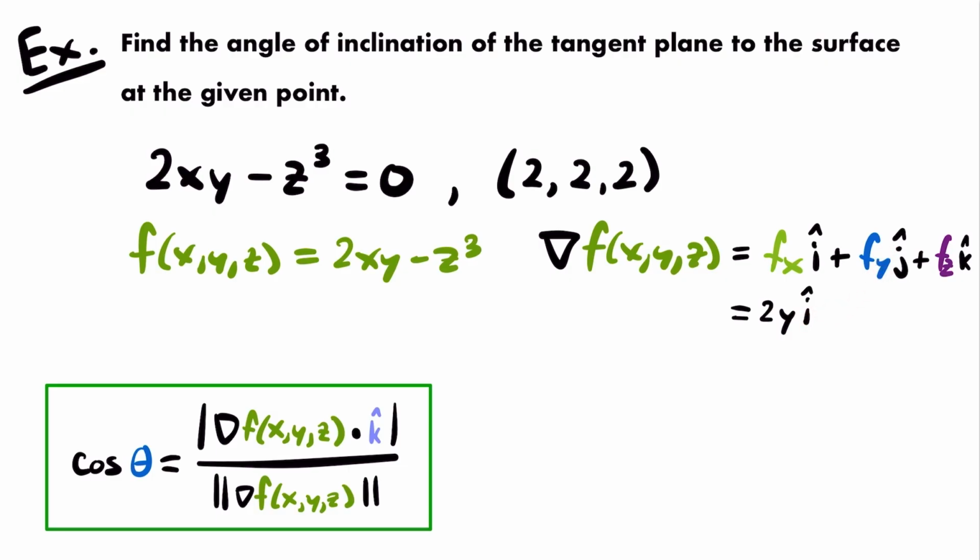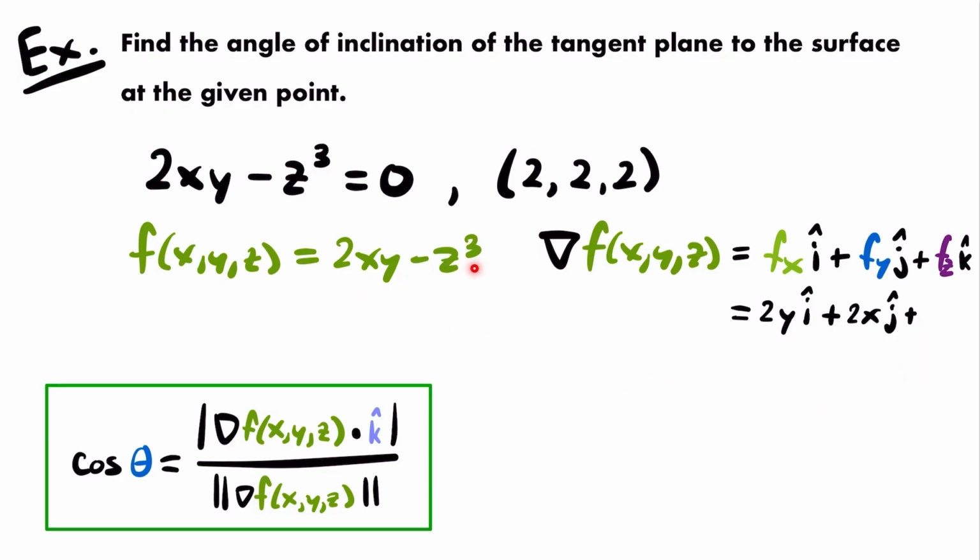Then for fy, the partial derivative with respect to y, it's a very similar derivative. In this case, x is the constant, and y is the variable that we take the derivative of, and y is to the first power, so its derivative is just its coefficient of 2x. And so that's all we'll get, because negative z cubed is not in terms of y, so it's a constant whose derivative is 0. So we get plus 2x times j, and then plus fz,